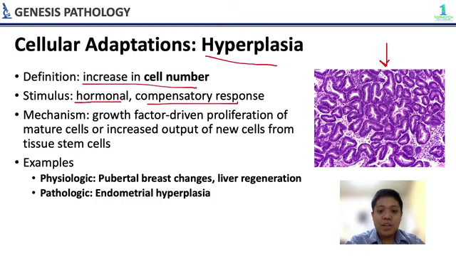Makikita nyo na these glands, so eto mga to, yan, 1, 2, yan, 3, and scattered across sila. Tapos sobrang liit na ng stroma, sobrang konti, sobrang scant ng stroma, and sobrang crowded ng glands because there is hyperplasia. Physiologic examples of hyperplasia include pubertal breast changes and liver regeneration after liver surgery, and you have your pathologic, which is endometrial hyperplasia. So as I said earlier, so ayan.